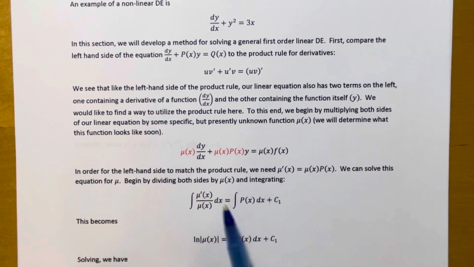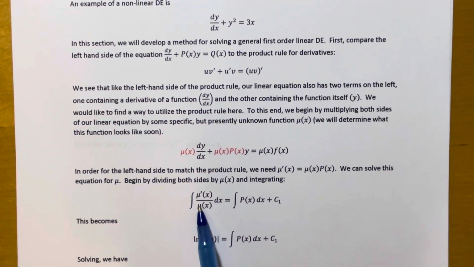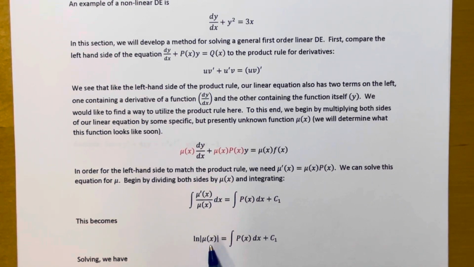both sides by mu of x, so I get mu prime over mu equals p of x. Now, because I have derivatives showing up in this equation, I can try and take an integral of both sides to solve for things. If I make a substitution, if I set u equal to mu, so that du is mu prime of x dx, then I would use that substitution to integrate this, and I would get the natural log of mu of